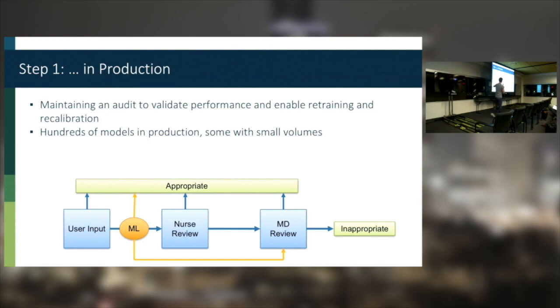But we track the performance using that audit portion, right? So on 10% of cases, I actually make a prediction and I see what happened downstream. Did the nurse approve? Did the doc approve? Was the case deemed inappropriate? So you do have that level of control over what you're doing. And in fact, you have a whole level of different settings for the models that you can say, well, I'm willing to accept this many false positives.